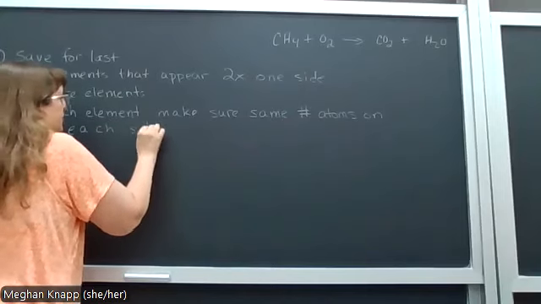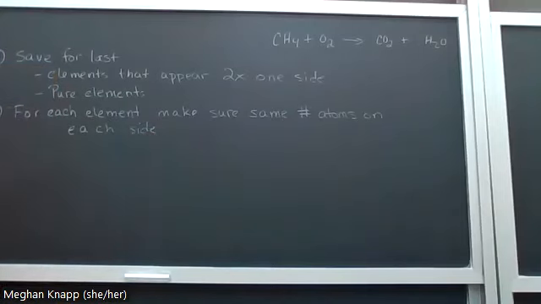So that's kind of the definition of balancing, but I'll just throw this in here as a reminder that this is what the process is. I think you kind of get this, is that for each element, we're going to in turn try and figure out whether or not we have the same on each side. So if we look at carbon, we can see, okay, there's one carbon, we're good. But if they're not,